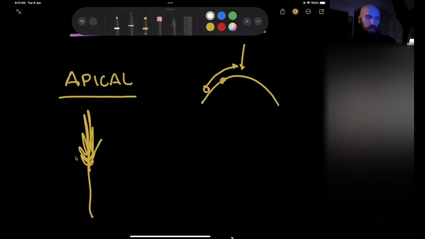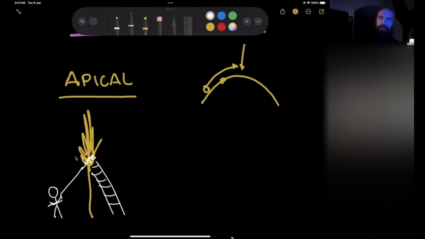You can do this with some kind of pole saw, which depending on your scale and your equipment might be the way. Or you can do this with a ladder. Either way, you're getting up and pruning the top of the tree. We'll dive into more details, but that, in a nutshell, is apical pruning. You're setting the height